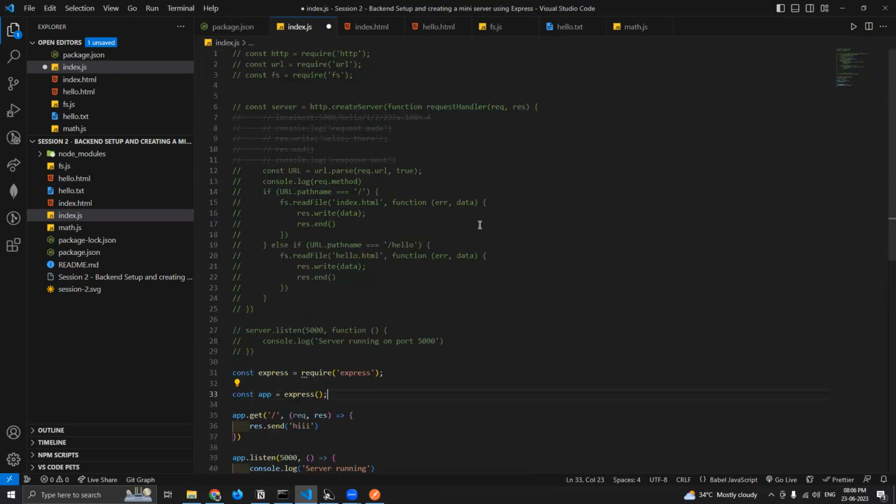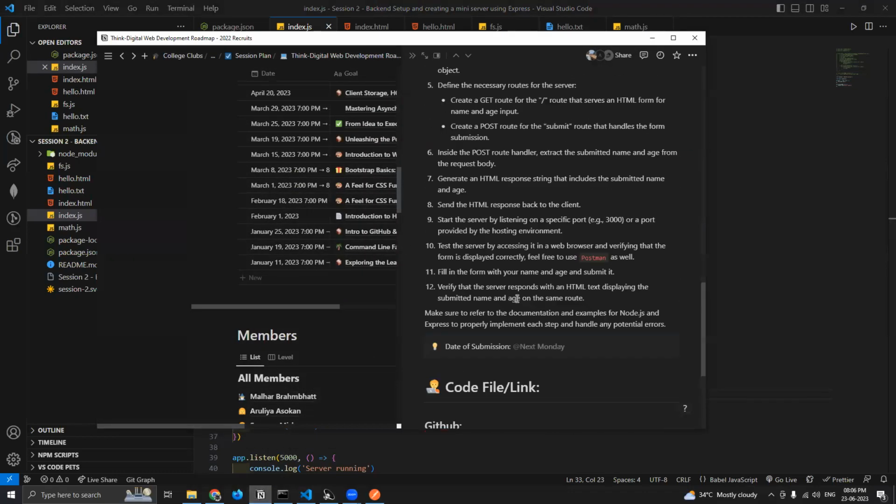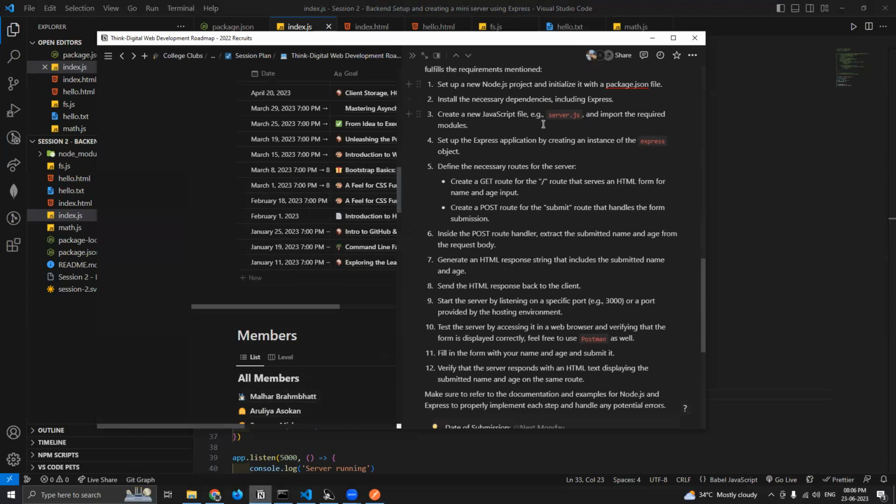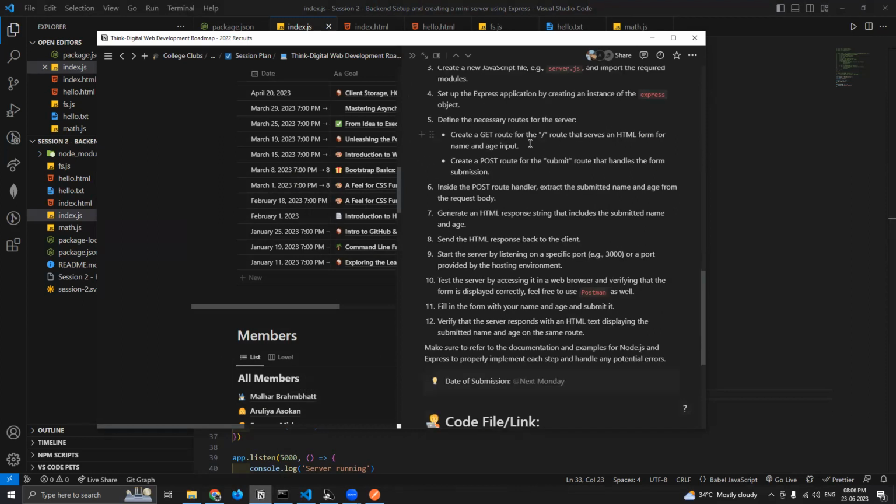All right, for the TD guys, I actually have a small task for you. I know there's some of it we haven't covered, but I want you to try it out by yourself. Basically, just create a Node project, have a server.js or index.js file, set up a server using Express, create a GET request that returns an HTML file with a form with name and age. When they submit the form, it will create a POST request to another submit route, and it will take in the name and age